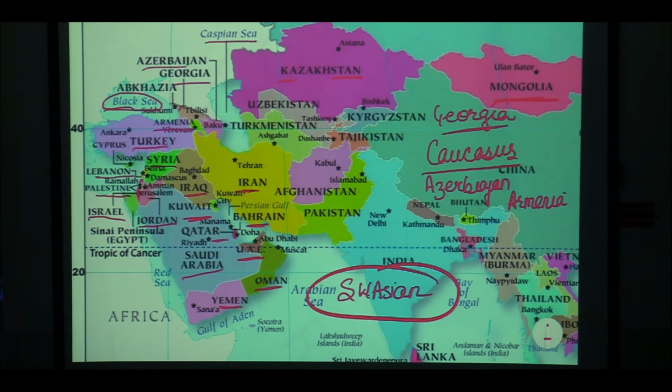And which are the countries that majorly make this? You can divide it to make things easier for you. All these countries which are confined in this peninsula can be called Arabian countries. So the Arabian Peninsula incorporates how many important countries? Take it as Gulf countries first. So Gulf countries will include Kuwait, Bahrain, Qatar, UAE, Saudi Arabia of course. With Gulf of Aden pick up Yemen, Gulf of Oman pick up Oman.